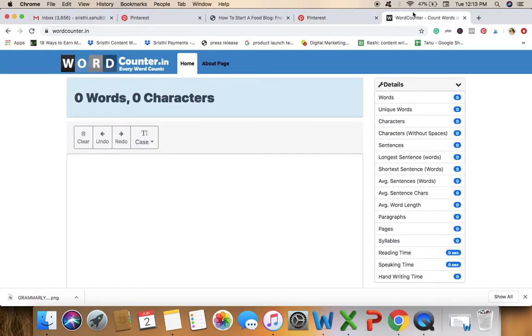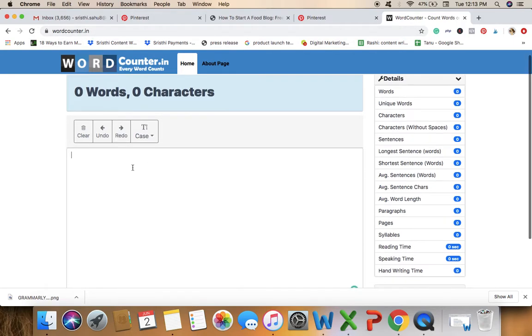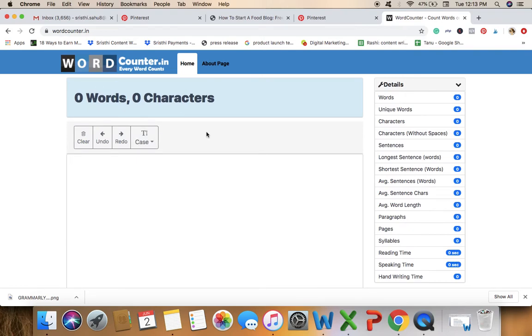So that is why I use a word counter. This tool is wordcounter.in. I'm going to analyze how many characters or words I have written, because if the first 30 characters are shown to the person who ends up on my profile, I want to include my keyword over there, right? Because that is where even the crawlers are going to focus. You know that Pinterest is not just a mere social media, it's actually a search engine in itself, and there are millions of users on Pinterest, and therefore you want to get your keywords right.